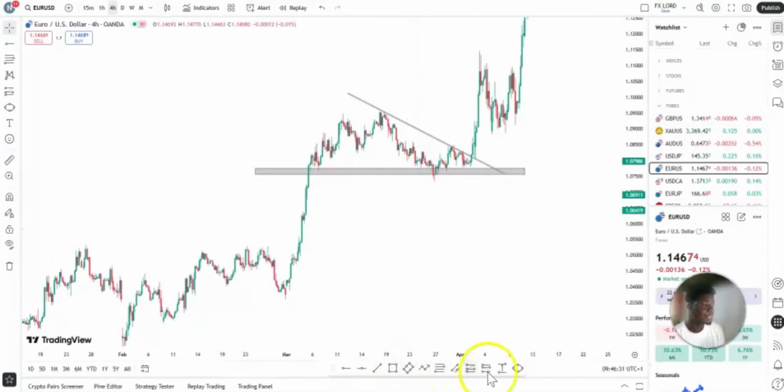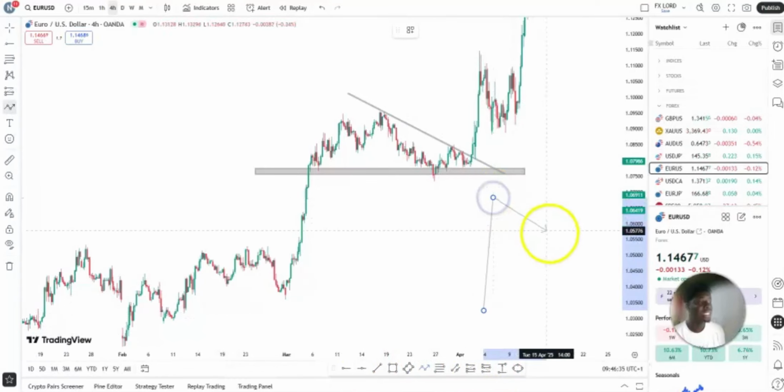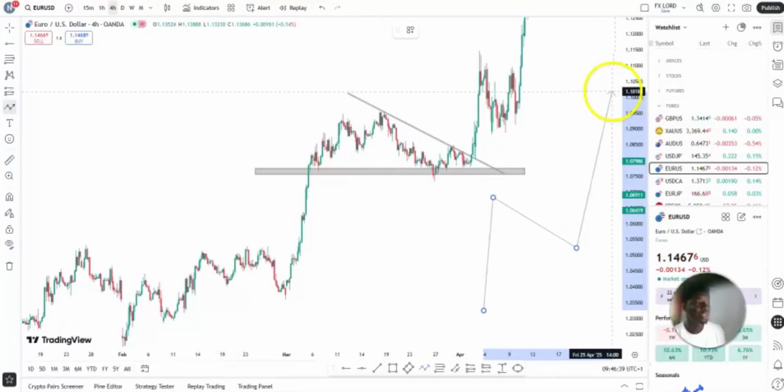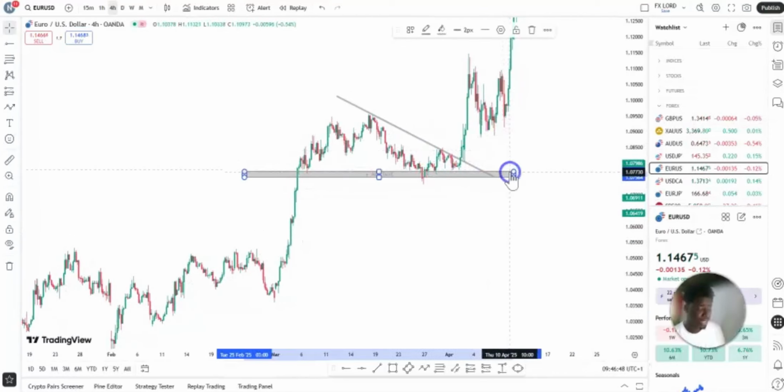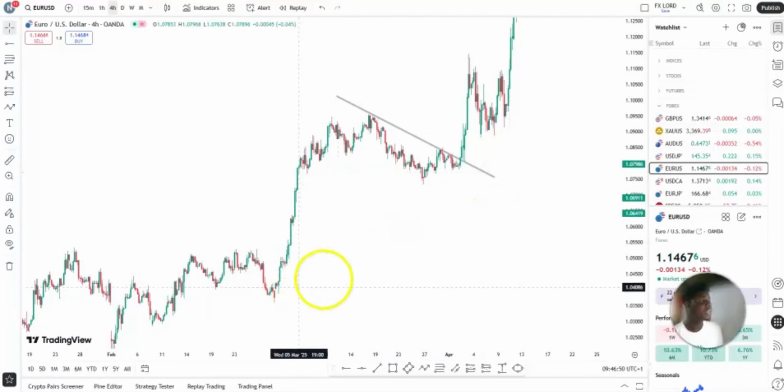What is a flag pattern? A flag pattern is when a market moves from a particular level, then does something like this before going back to the upside. So this is a flag pattern, and what you are seeing on my chart right now is a flag pattern. So what I did here was, because I understood that this price is in an uptrend and it's creating a flag pattern,